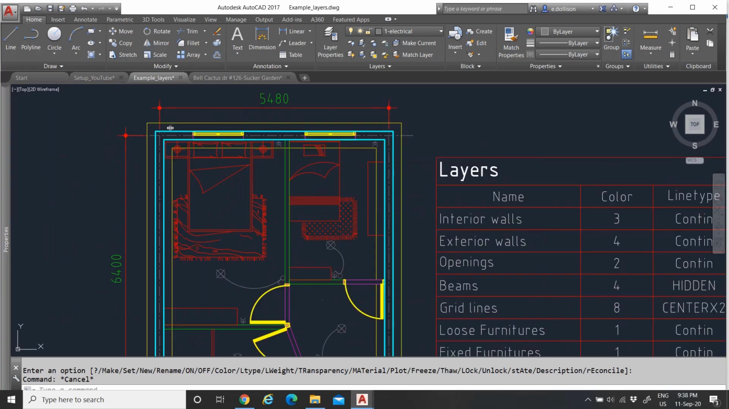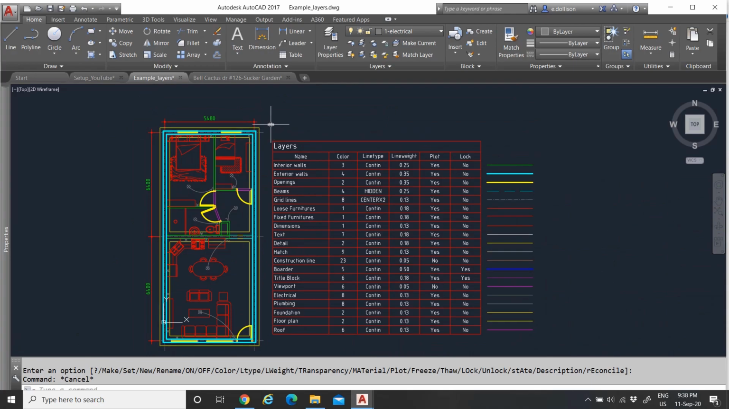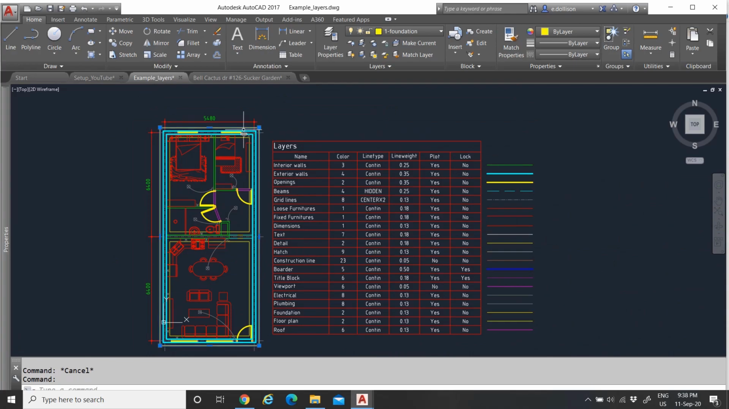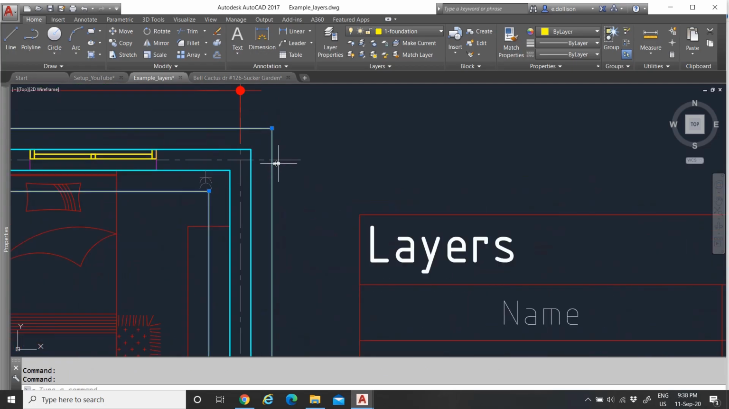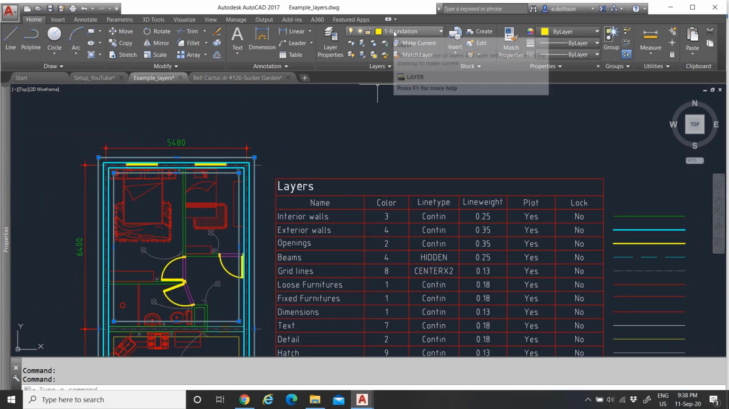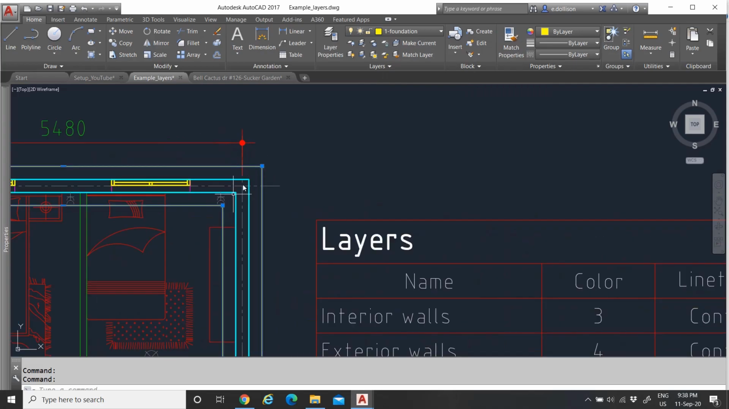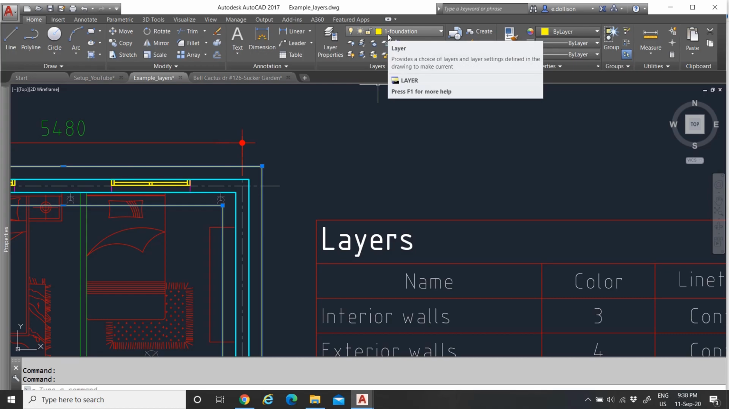So how do layers work? As you can see here, we have these two yellow lines, and they're under my foundation layer. Here you can see under the Home tab in the ribbon, under Layers, that as you select it, it has the layer or the property